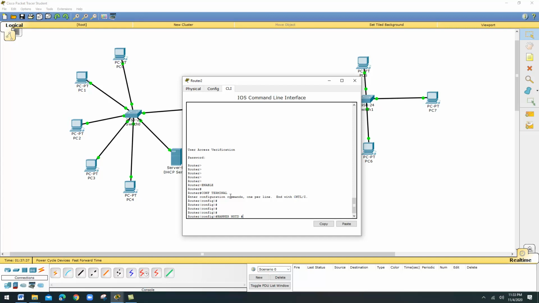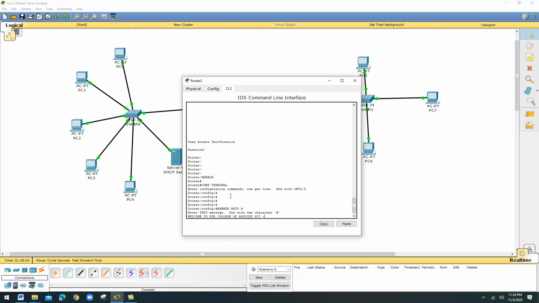So I am giving a number sign. Just press enter. You can see "Enter TEXT message. End with the character '#'." You can type any message and you have to close it with a number sign. Now I am going to give a message: welcome to Sur College of Applied Sciences. So you can type anything.